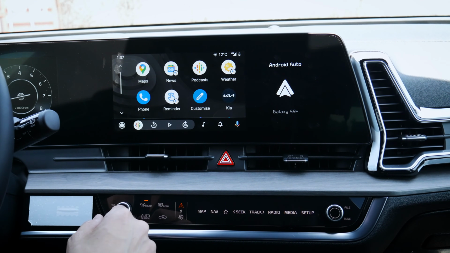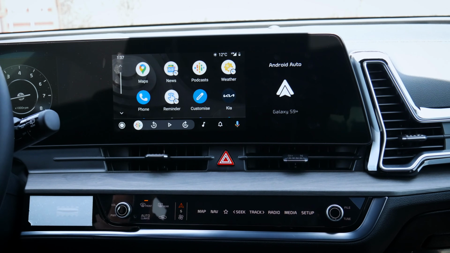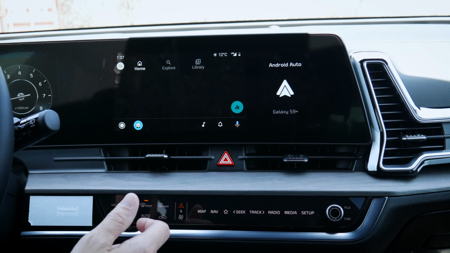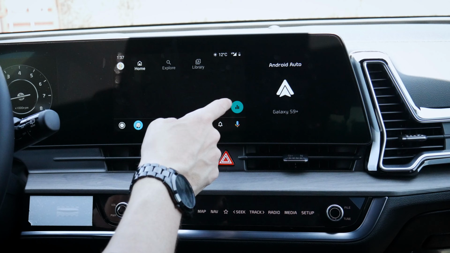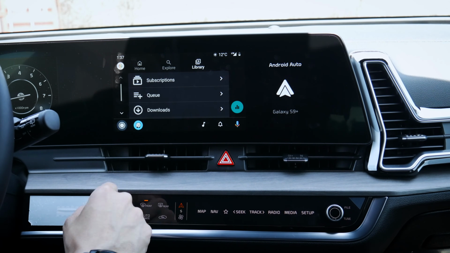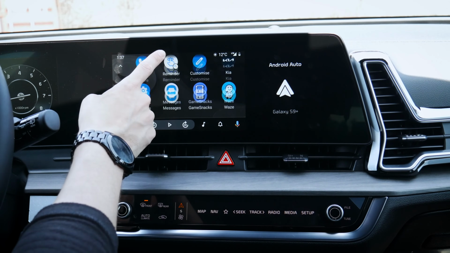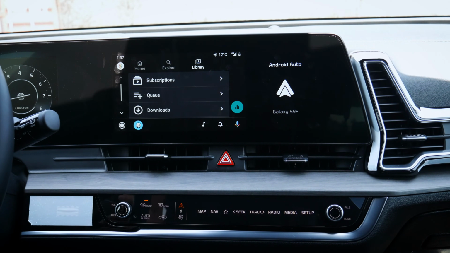So we will have a full list down in the description of the vehicle. But so many different options available inside of this thing. And it's obviously straightforward, as you saw there, in order to be able to use this thing. We've got our music that's showing up. We've got our library, so different options there. We can jump back home. We've got podcasts, we've got music, so many things that are available inside of this thing,